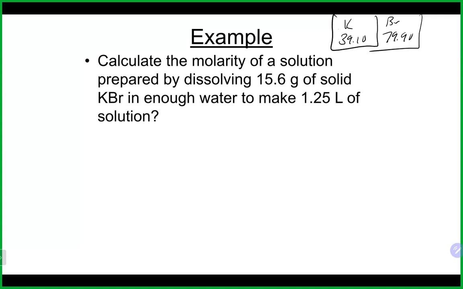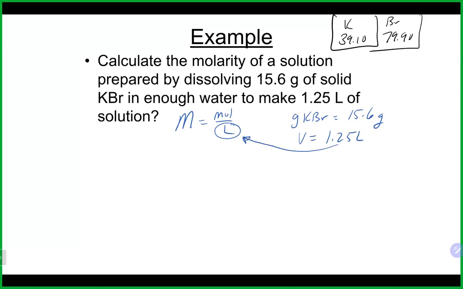Okay, so let's take a look. So obviously we're looking for molarity, which is our moles per liter. We have grams of KBr here, which is 15.6. We also have a volume of 1.25 liters. So if we just think about molarity, we already have this guy in the proper unit, so we don't have to do anything with that. But we do have to do a conversion here. We have grams and we do need to get to moles. So as I mentioned earlier,